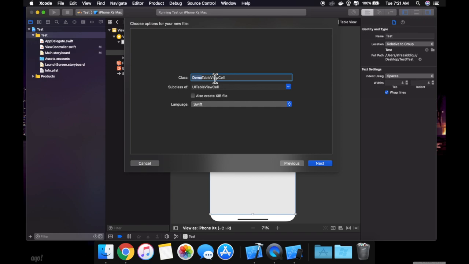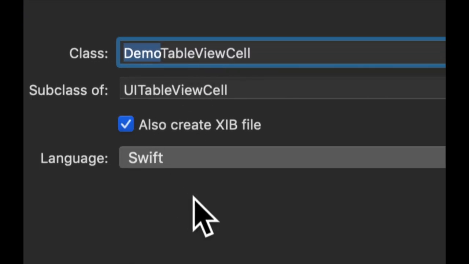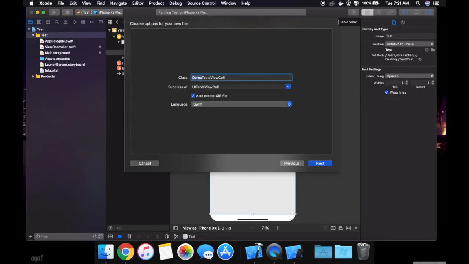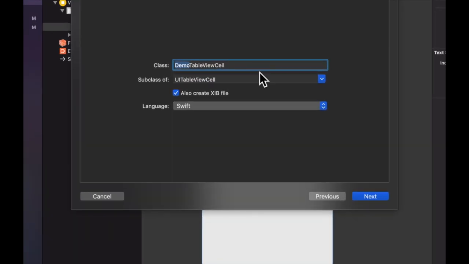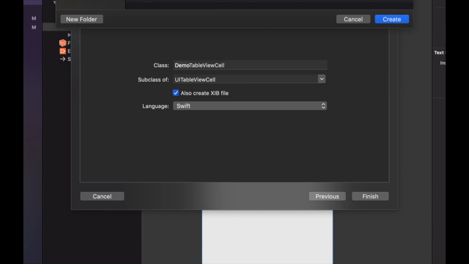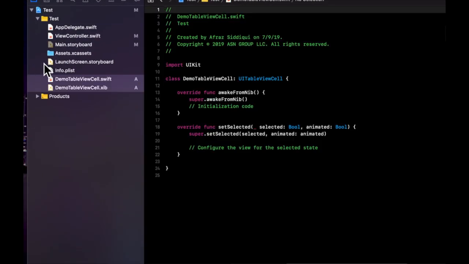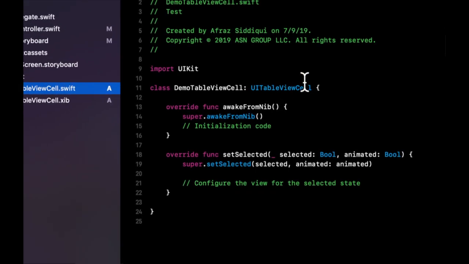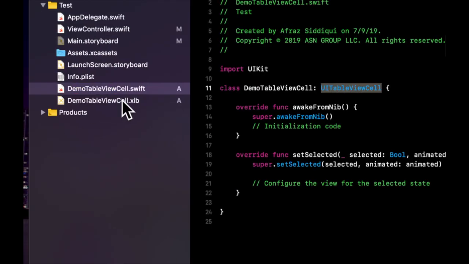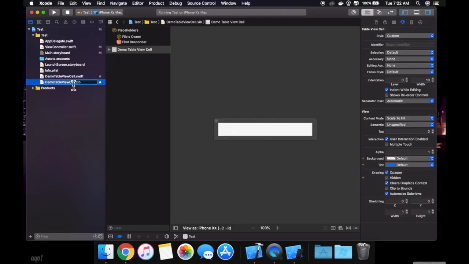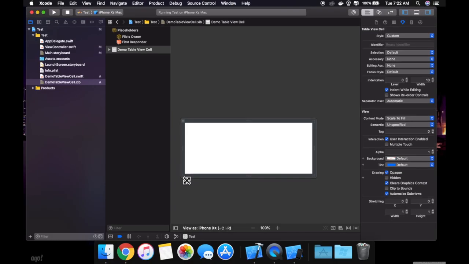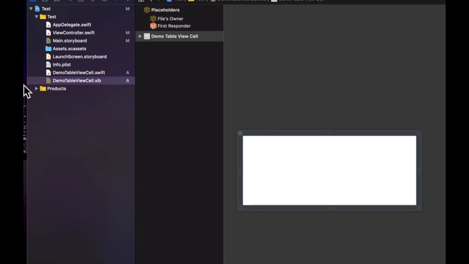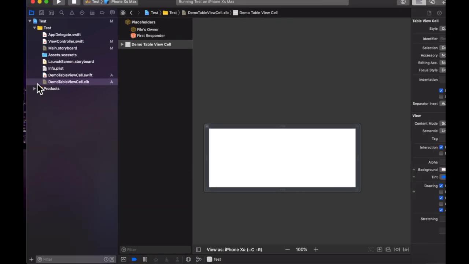Actually, just kidding. Before we click next, we're going to check this box to create a nib file where we will be designing our table view cell's UI and its content. Then we're going to click next and let it save. You'll see it creates these two things for us. The first one is the actual subclass of the UITableViewCell, and this one is the nib. So what we're going to basically be doing is designing a table view cell, and we're going to be telling our table view in the view controller